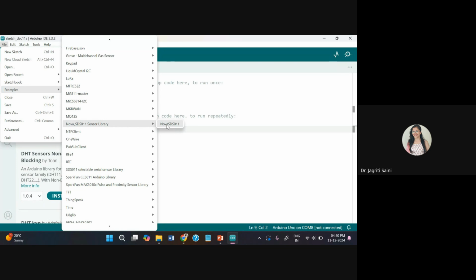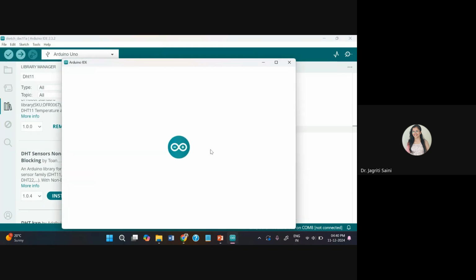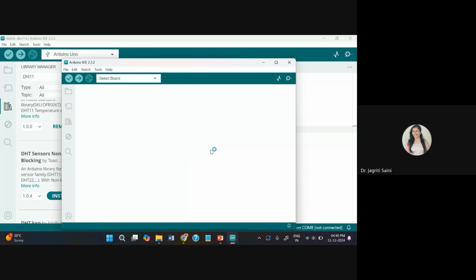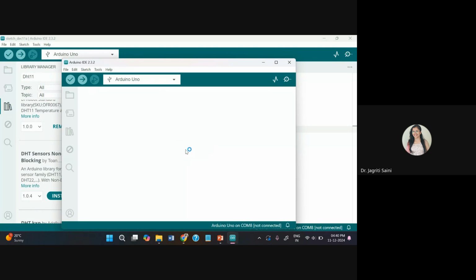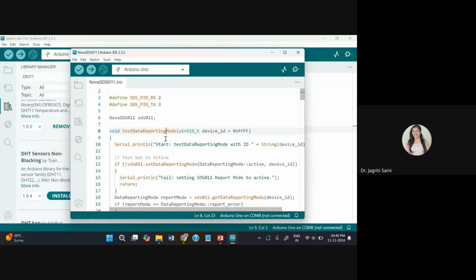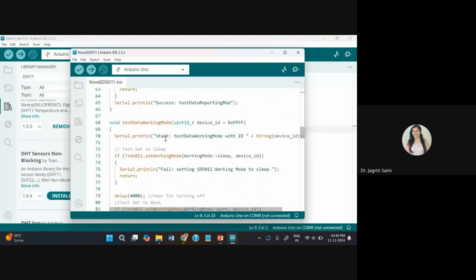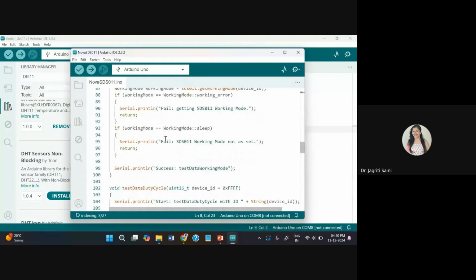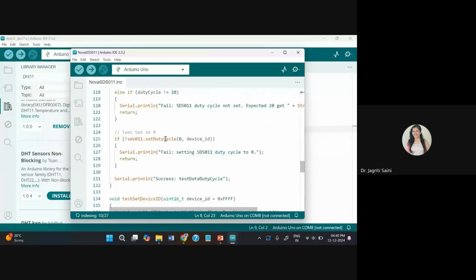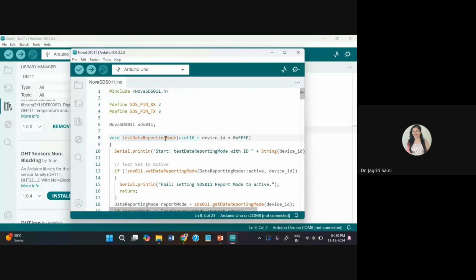Again, the same pattern. And here, as a beginner, again, you can observe what are the code sequences that can be used for this type of sensor. For instance, here they have used this form. This is a very lengthy code you will see. So as a beginner, sometimes people get confused that this is a very complicated code to run your Nova Fitness